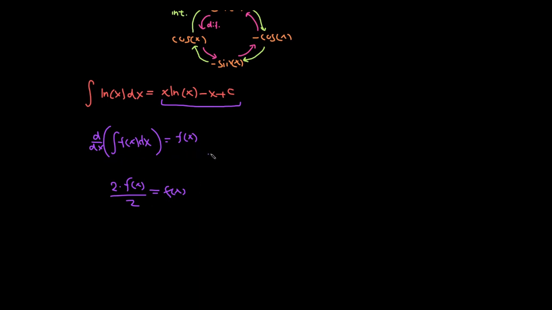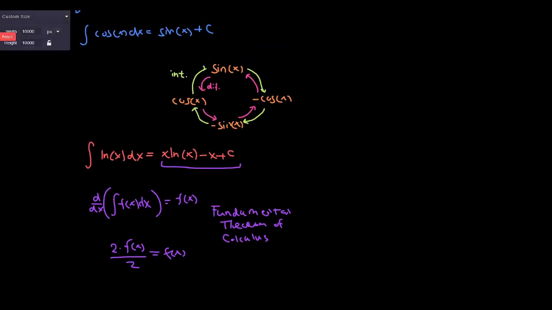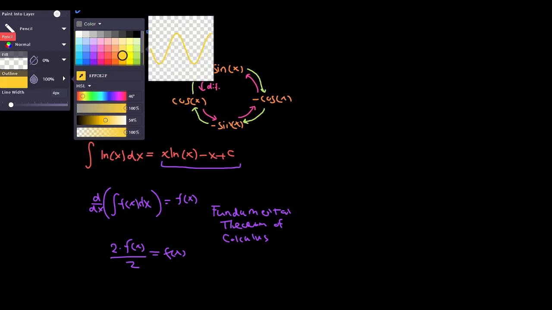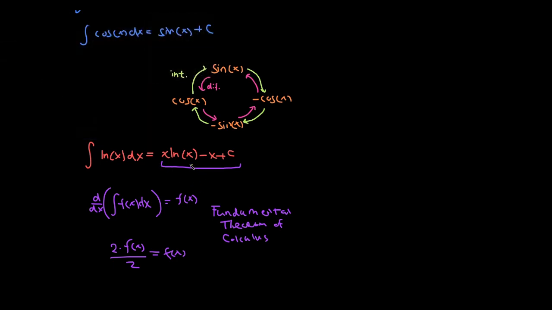Now this is actually quite a significant fact. It's called the fundamental theorem of calculus. And it's actually the thing that Newton and Leibniz first discovered, right? So differentiating was around before their time, but then they discovered integration and discovered that it was the derivative's inverse. Alright, so we can check that this antiderivative for the natural log is correct by differentiating this part,